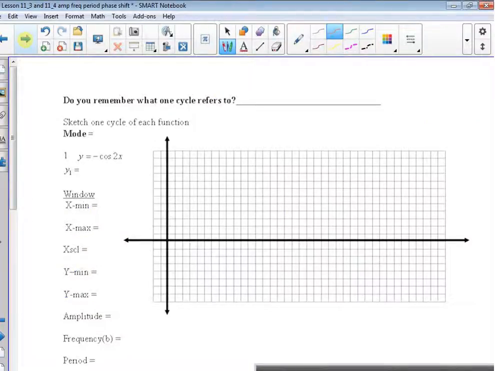Next, we're going to graph these. Back we talked about one cycle. Do you remember what one cycle refers to? It refers to one complete curve. Now when you're graphing these, for y equals sine, they have some key points. The starting point, then it goes up to that amplitude, then it comes back down, goes down, and then it goes back to where it starts. So those 5 key points,